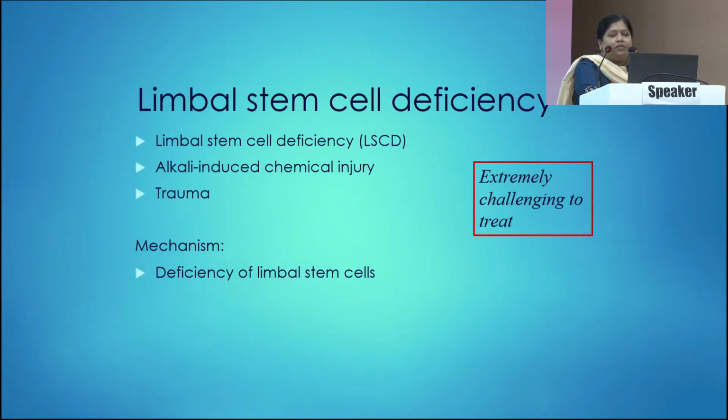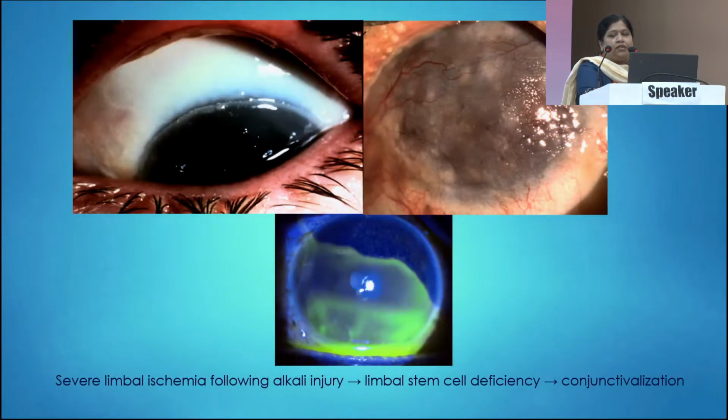Limbal stem cell deficiency. Limbal stem cells are the mother load of corneal epithelial cells. Hence, in situations like limbal stem cell deficiency, there is no way the epithelium can regenerate. Hence, they are extremely challenging to treat. The most common causes are alkali-induced chemical injury. You can also have primary limbal stem cell deficiency or trauma. Again, these are illustrative cases of alkali-induced chemical injuries, and the result, as you can see, is conjunctivalization of the